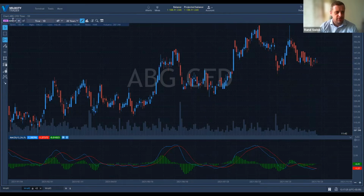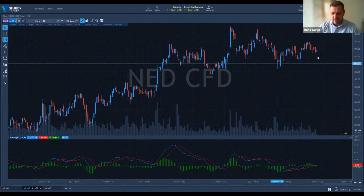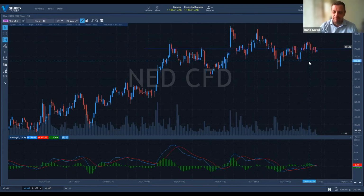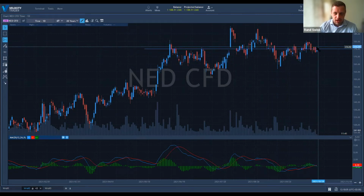Okay, we can have another look. Let's have a look at another financial stock like Nedbank. Okay, Nedbank is kind of acting a little bit differently. So that's definitely not been weakening with the rand. That's interesting. But what do we see there? There is clearly an area of support and resistance. Support, broke through it. Resistance, found support, broke through it. Now it's kind of acting like resistance again. And if this resistance holds, because this was a breakout, but this was clearly a false breakout, so the breakout didn't hold. That could be kind of bearish if you really consider it,